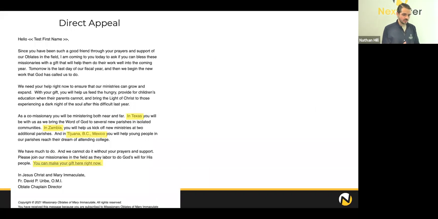For this organization, it's a Catholic missions organization. They sent version A, which is a direct appeal. And I highlighted a couple things for you. They talk about in Texas, here's some things we're doing in Zambia. Here's some things that you can do in Tijuana, Mexico. Here's some things you can do. You can make a gift right now. It's more of a generic appeal, talking a little bit about some of the areas of impact around the globe